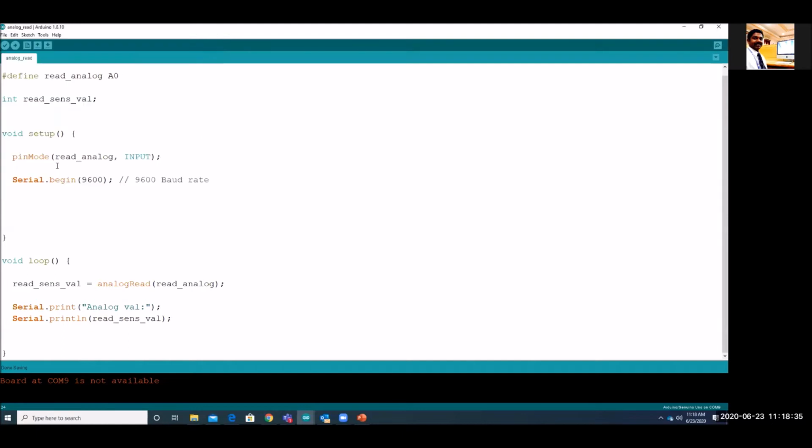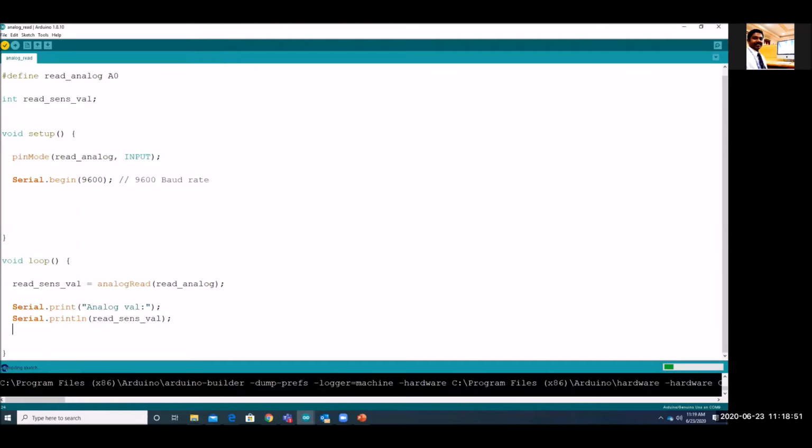Okay, so we have saved it. After saving, here is the compilation. This tick symbol is to verify whether your program is right, or it requires some modification, or there is some error. Once you click on this, it will go to the compilation stage.